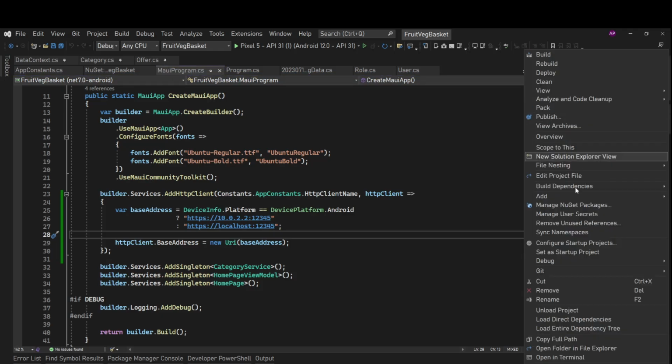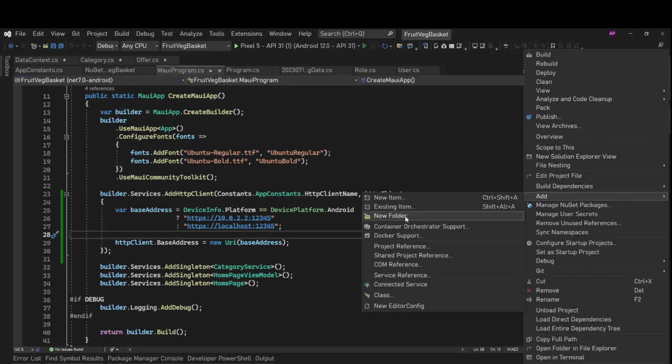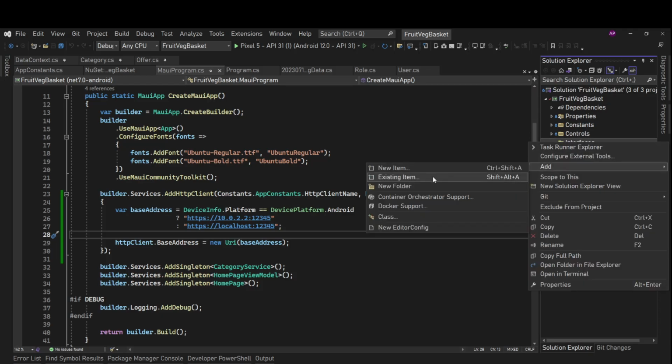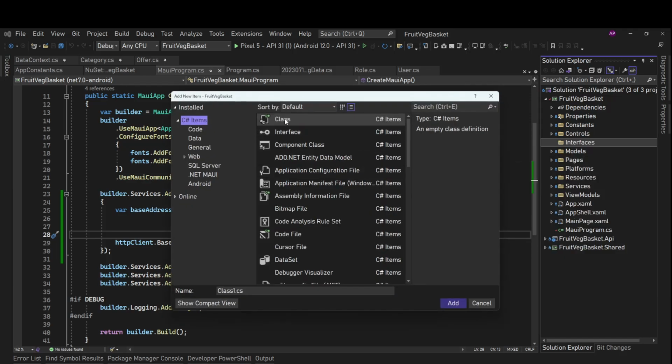So we'll have an interface in the main root project. Let's have Interfaces here, and here we'll have one interface, a new item, IPlatformHttpMessageHandler.